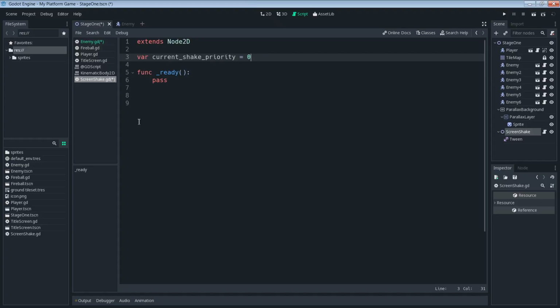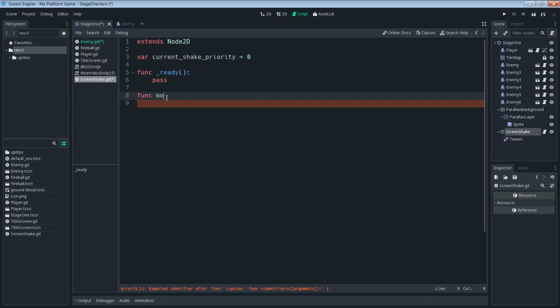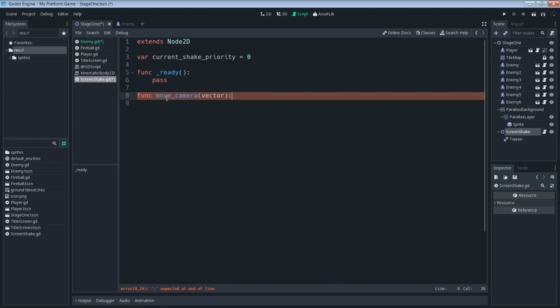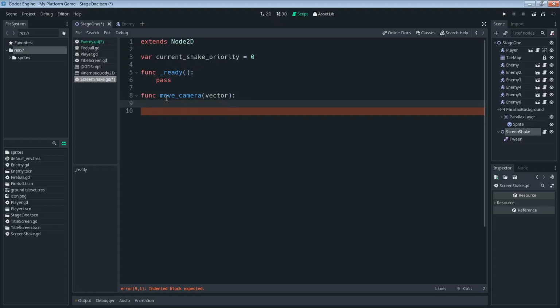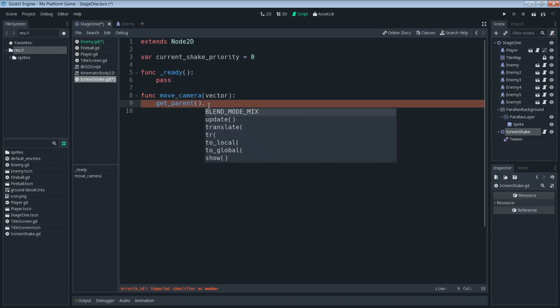Next, what we're going to do is we're going to create a couple of our own functions. So let's start off with this one. We're going to say func move_camera, and we're going to feed that a one value, which is eventually going to be a vector2. So func move_camera with the argument named vector. We're going to say get_parent, which in our case, as you can see, screen shake's parent is the stage 1 scene. So from the parent, we're going to go ahead and